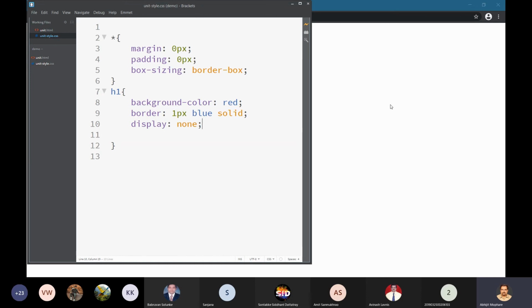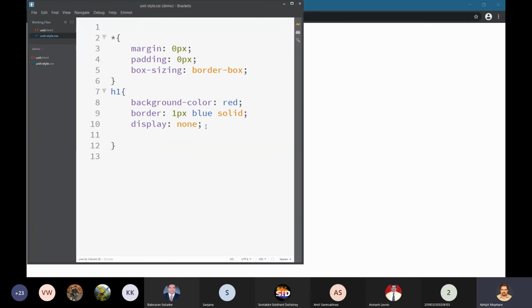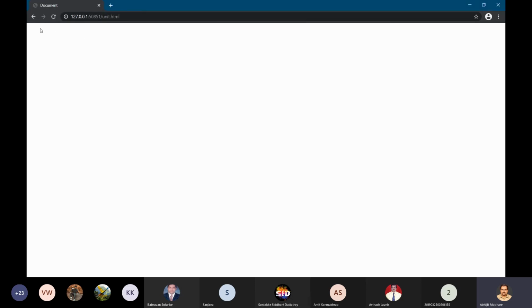But they are present, and normally certain malicious websites use such kinds of elements to do some malicious activity, but let us not go into those things. It is out of the scope. So display none, if you do this, that element will not take any space in the viewport, but it is actually present in the DOM, the document object model.